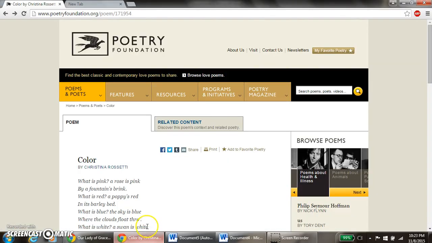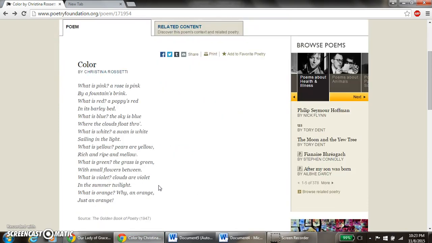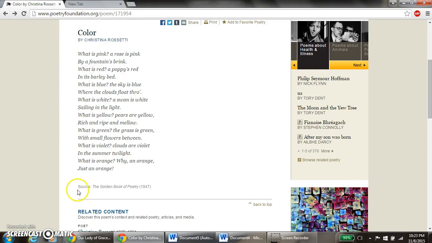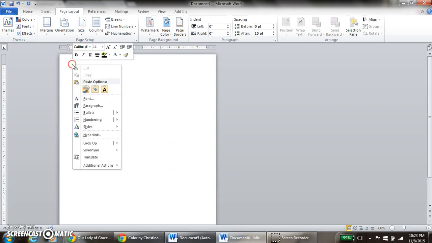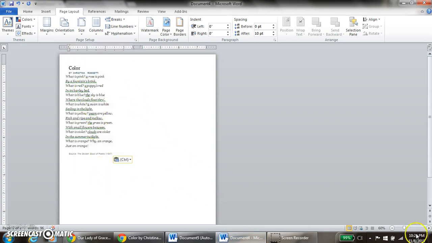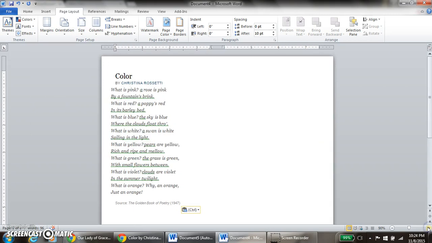So I want to hop on over to the Poetry Foundation where I found this poem by Christina Rossetti called Color. And I want to make sure to grab where it's from. I'm getting this from poetryfoundation.org, but they got it from the Golden Book of Poetry, which was published in 1947. So I'm going to grab this. Right click, copy, hop back over to my document. Okay, so let me make this a little bigger again. So here is my poem,